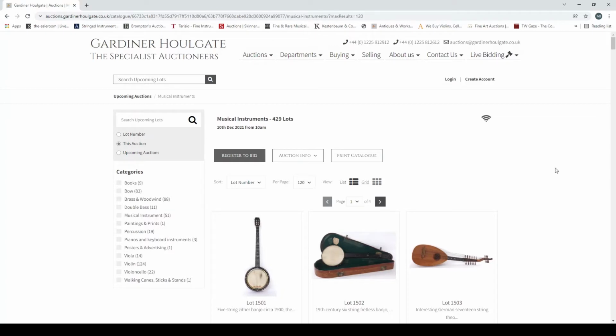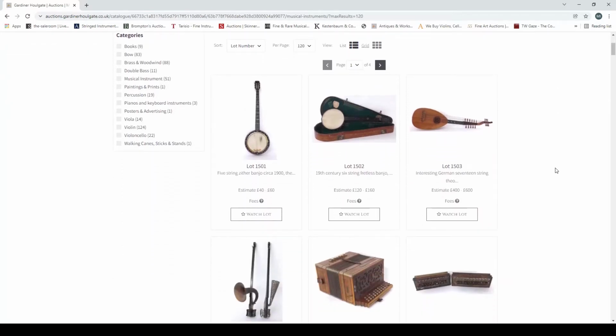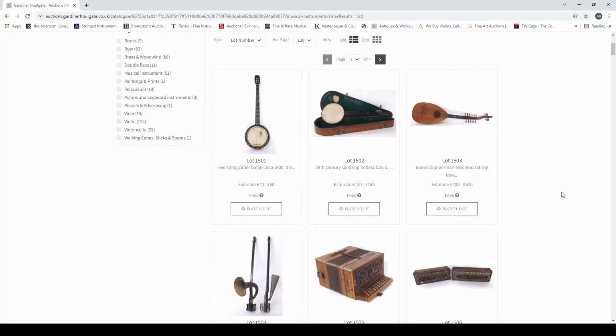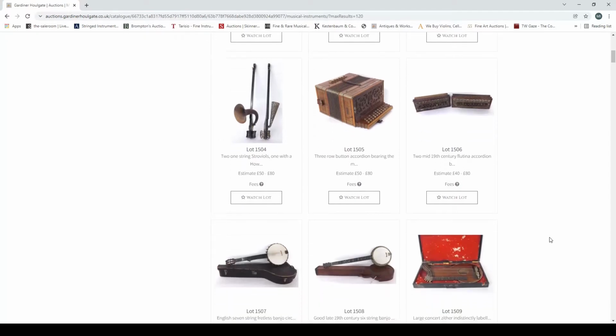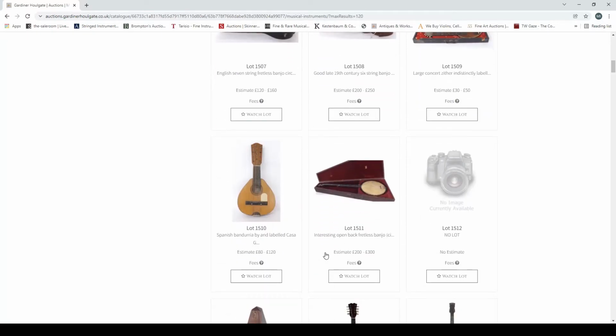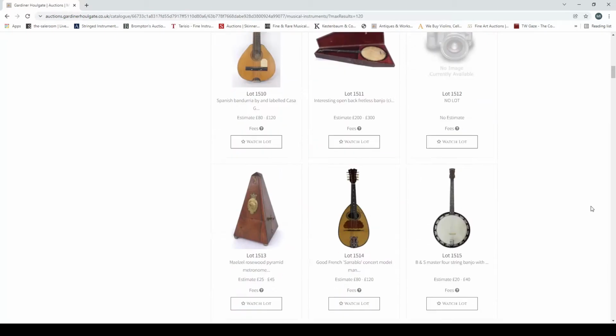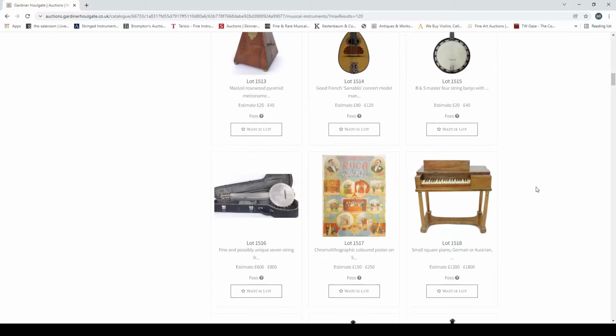So without further ado, let's have a brief overview of this and maybe dive into a few specific items. We have a 5-string Zither banjo circa 1900, a 19th century 6-string fretless banjo, an interesting German 17-string theorbo, two 1-string Strovals, a 3-row button accordion, two mid-19th century flutina accordions, an English 7-string fretless banjo, a good late 19th century 6-string banjo, a large concert zither, a Spanish bandurria, an interesting open back fretless banjo, no lot on that one, a Meslel rosewood pyramid metronome, a good French concert model mandolin, a B&S master 4-string banjo,